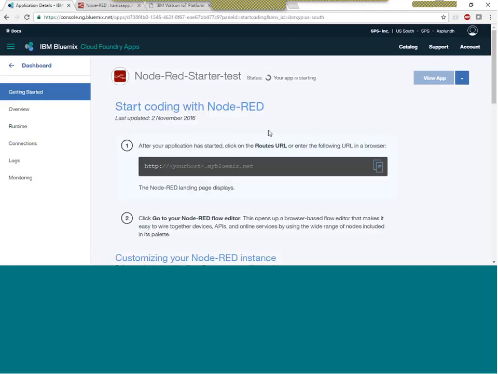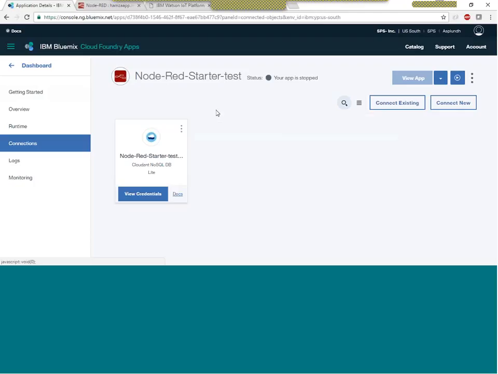This will take us to our application page, and it is shown over here. First of all, we need to make our connections to the IBM IoT service. So we'll click over here under the dashboard on the connection tab, and it will open our page for us. As we have no other service created right now, we'll create a new service and connect it to our Node-RED starter